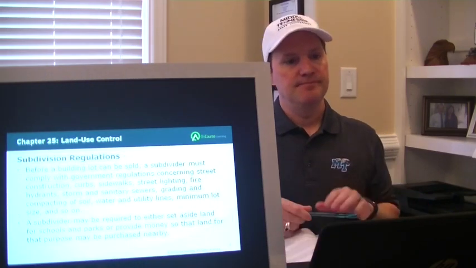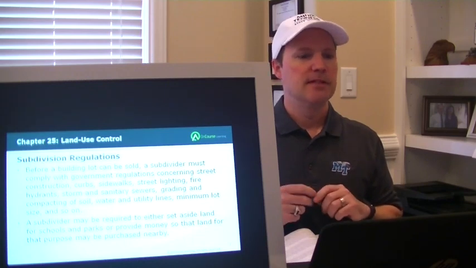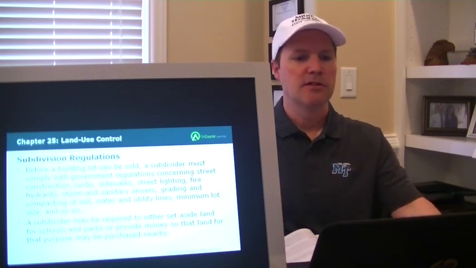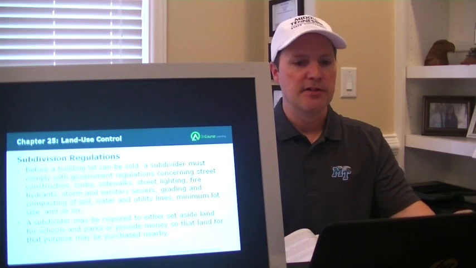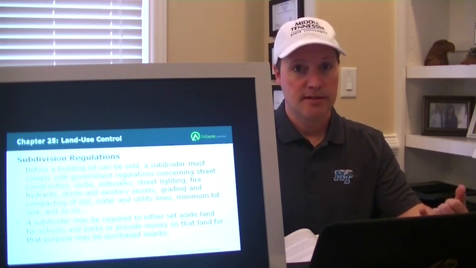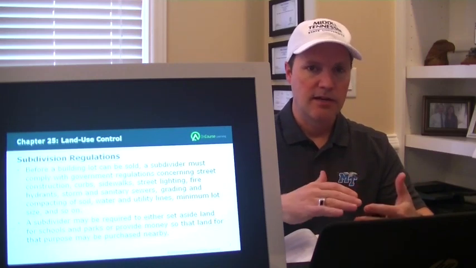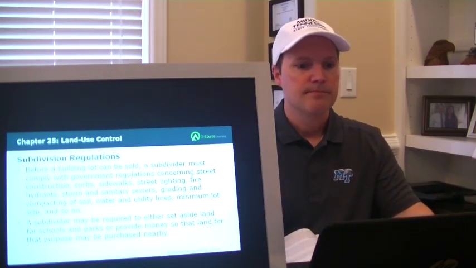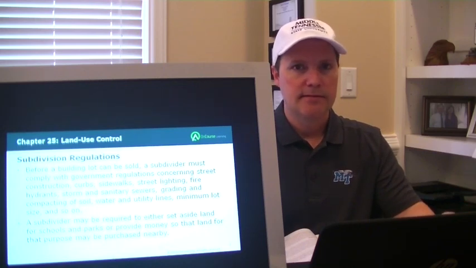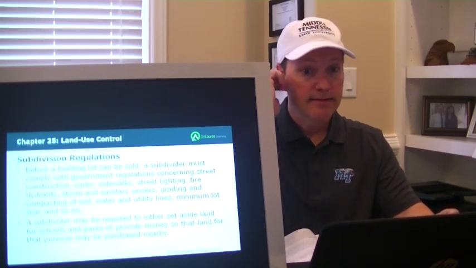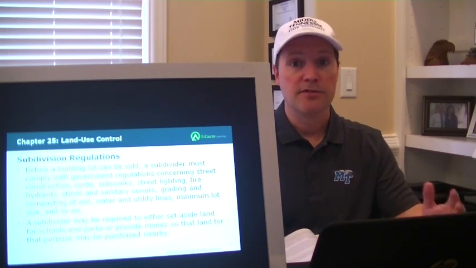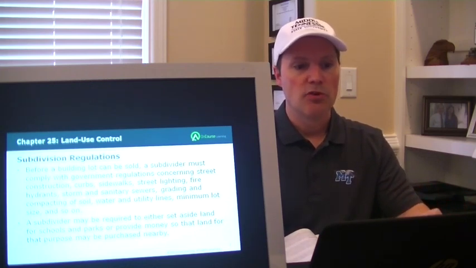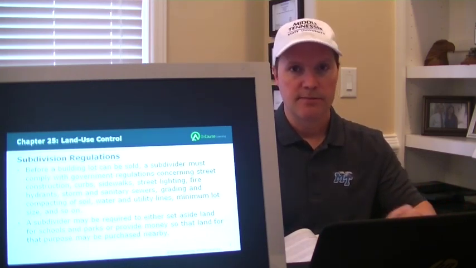Subdivision regulations, and there's a bunch of them. Before a building lot can be sold, a subdivider must comply with government regulations concerning street construction, okay, curbs, how big the curb has to be, sidewalks, how wide, okay, there's all different sizes of sidewalks, street lighting, it's got to match the other lighting in the area, okay, fire hydrants, where the fire hydrant is going to be going, storm and sanitary sewers, okay, that's got to be put all through,